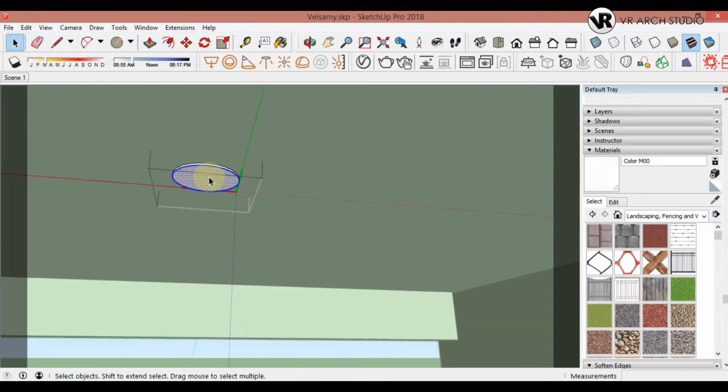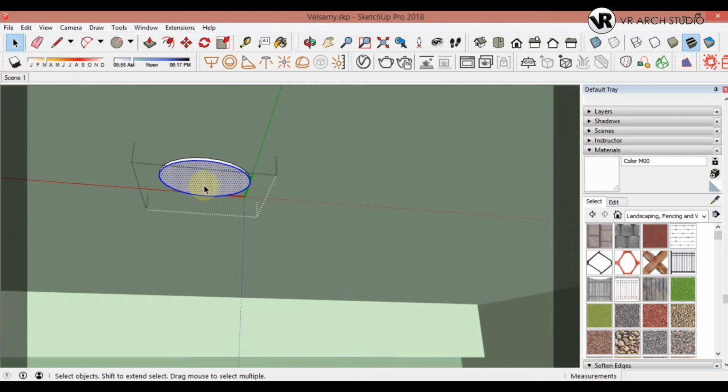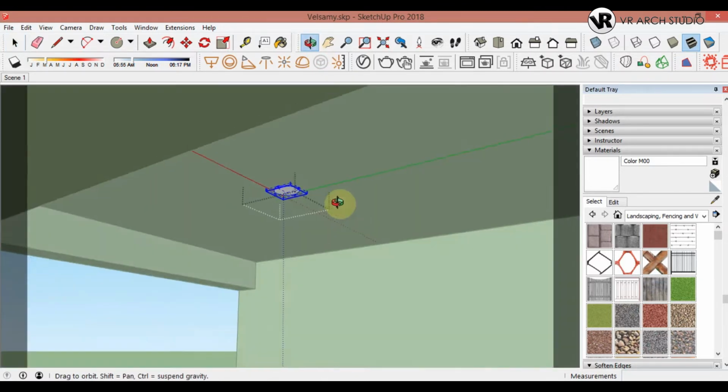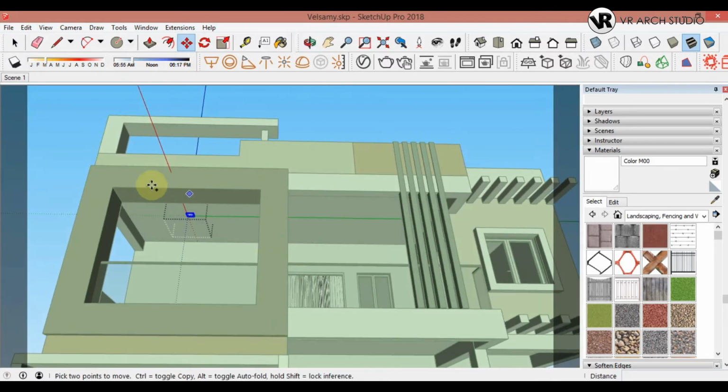Once you have projected the circle a little bit, just double click the front face and make it a group. And now click the mesh light button. Remember that mesh light can be added only to groups and cannot be added to exploded surfaces. Once done, copy and paste to the number of lights you need. Do the same idea for each and every place such as compound wall, pergola and other areas.